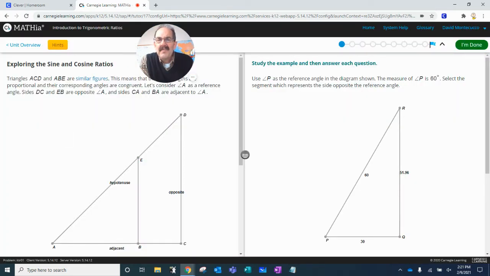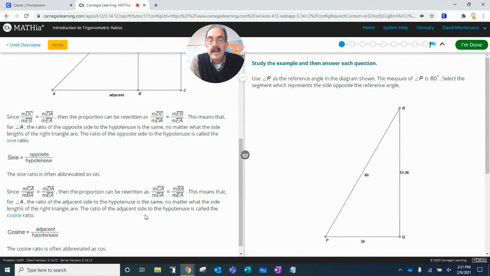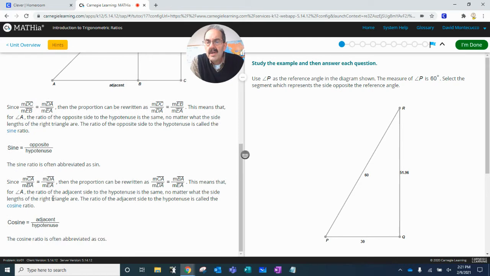All right, similar figures, side lengths. Let's consider A as the reference. DB is the opposite. The hypotenuse and the adjacent. Opposite, hypotenuse, adjacent, and we have all the relationships that relate to that concept. So the sine, SOH CAH TOA. So SOH,